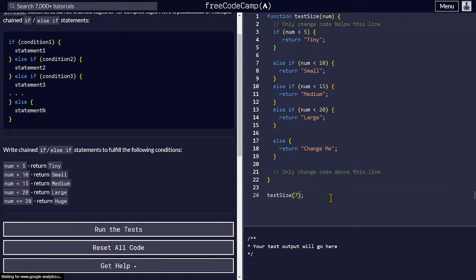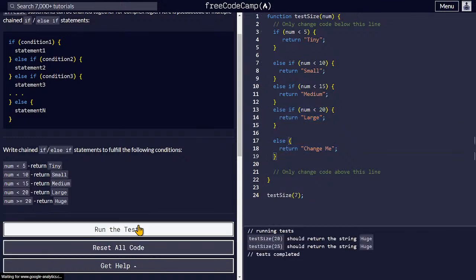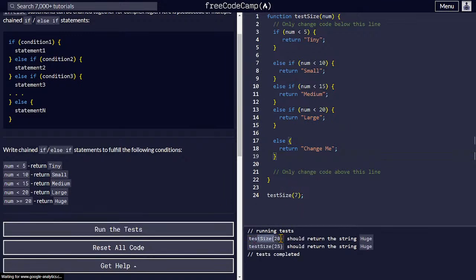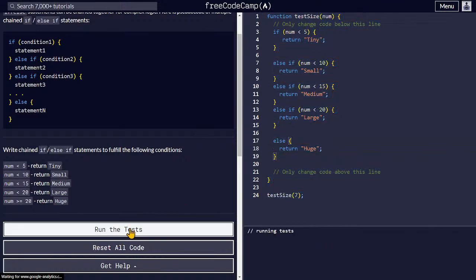If we pass in the number 20, the number is not less than 20, so after skipping the final else if, it will go to this else. If you run the test, test size 20 should return, oh sorry, huge. Okay, so this is the final one, huge. If you run the test,